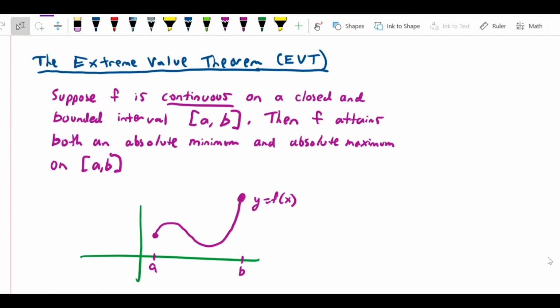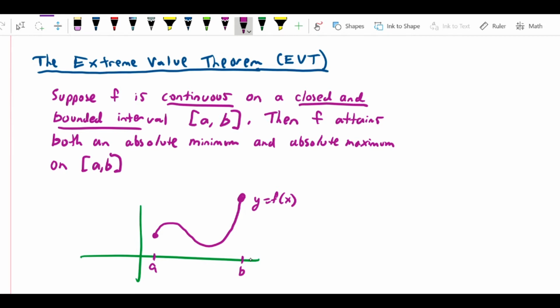But here is the extreme value theorem, and what it says is suppose that f is continuous, that's an important condition, on a closed and bounded interval, and that's the other important condition. We'll see why in a minute. When I say closed and bounded, all I mean is that the interval ends on both ends with the square brackets to include its endpoints, and it is in fact a finite length interval. It's not an interval that goes on forever. Then the theorem states that in this case, f attains both an absolute minimum and an absolute maximum on the